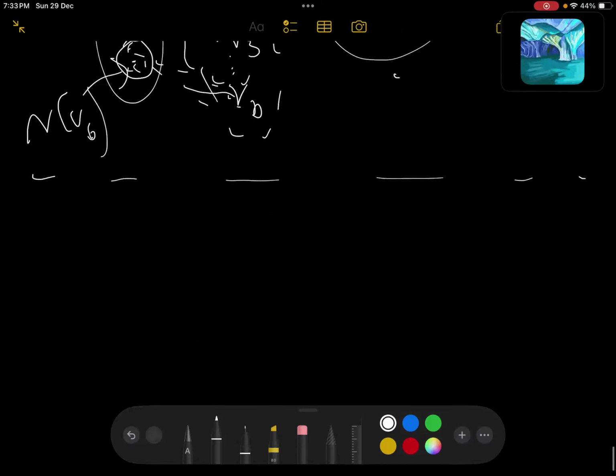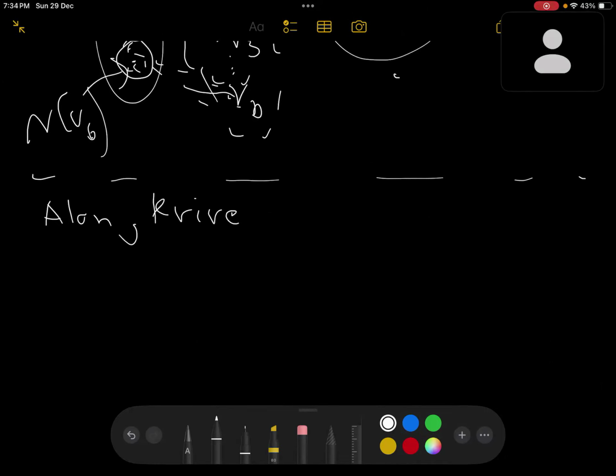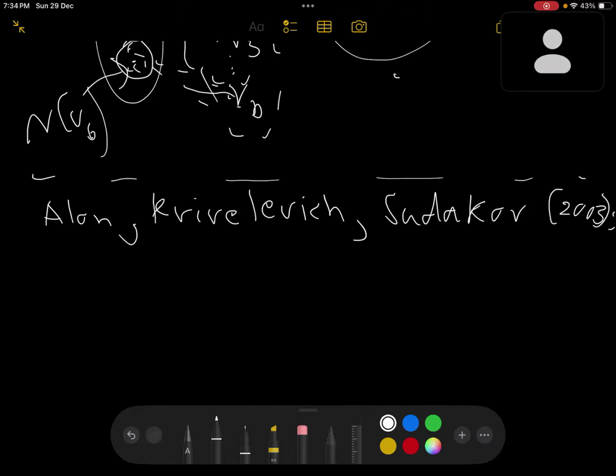And this was a very recent theorem, by Alon and two other guys. Alon isn't the combo null guy? Combo null guy. Alon, Krivelevich and Sudakov. This is 2003, so a very recent theorem. That if H is bipartite,